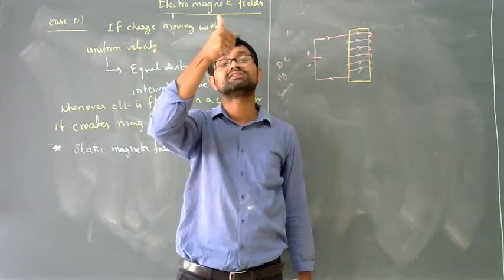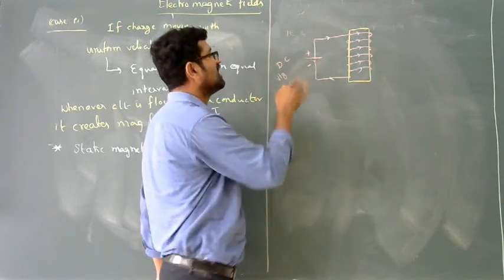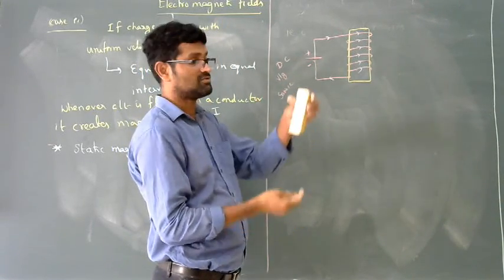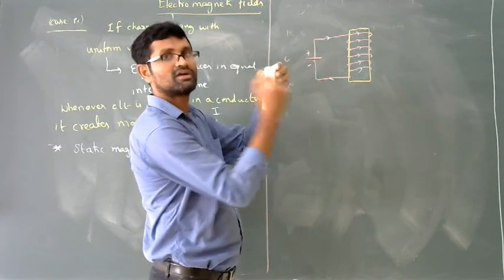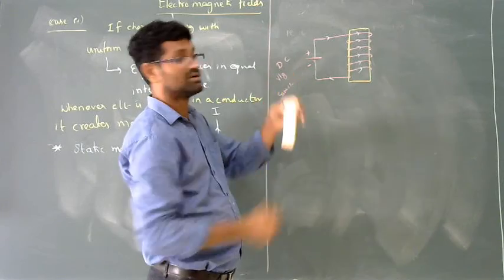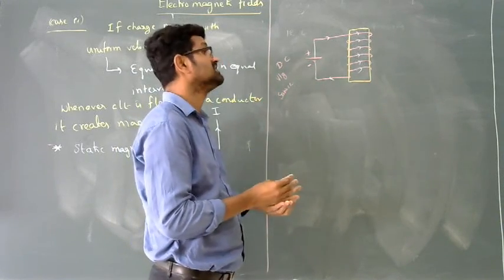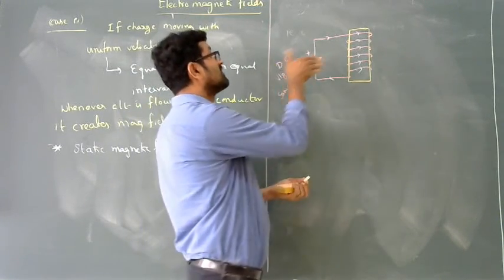Then the thumb indicates north pole polarity. See here, all the currents are entering into the iron piece. We are going to see the front view, not the back view. So in the front view, currents are entering only. If you apply the right hand thumb rule,